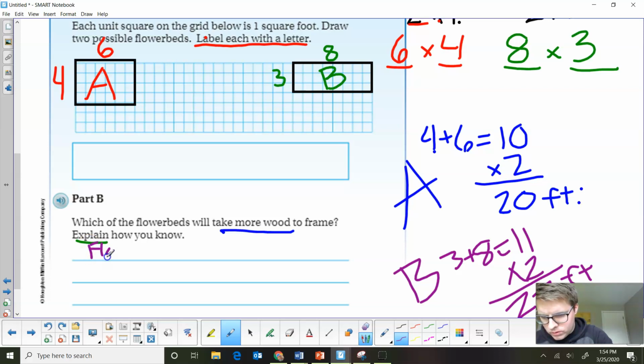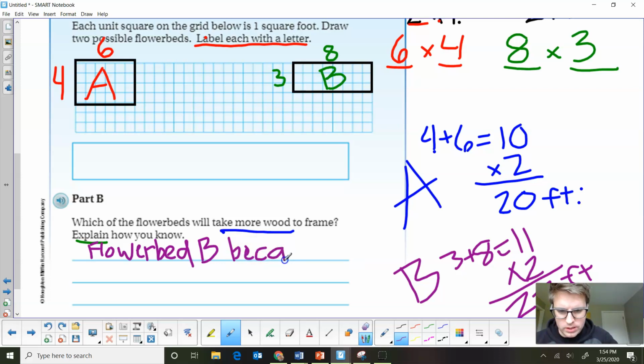So the answer is flower bed B, and then this is the part that I hate. It says explain. And you can't just say, because I did the work. You have to actually explain. Flower bed B, because this is an easy explanation, right? We just did it. Why? What did we do to find out 22? What did we do to find out 20? Because we found the perimeter, right? So flower bed B because it has a greater